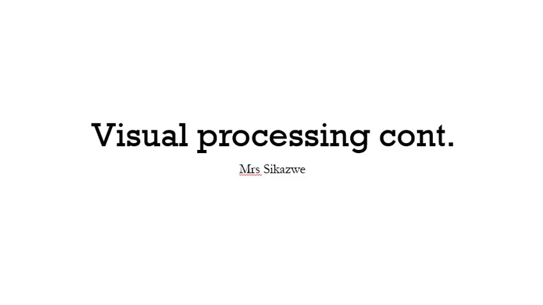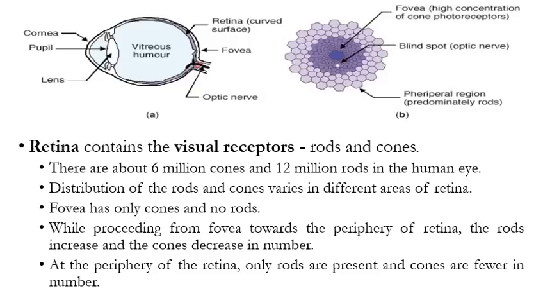All right, now that we're done with how the image is formed on the retina, we want to appreciate what happens to the retina. Okay, we're now at the point where we want to turn the chemical components to give us something that we can understand, an impulse. All right, so as a review,